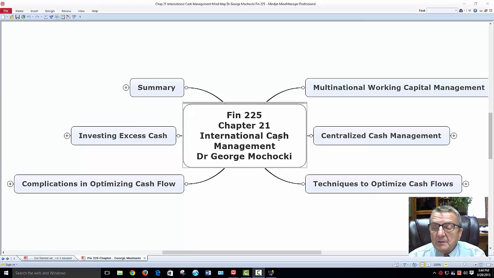So we're going to be talking about centralized cash management. Sometimes you end up with extra cash. The inflation rate dropped, or one subsidiary for some reason has extra cash. They came under budget, or the spot rate or exchange rate worked in my favor. What do I do with the extra cash? You could reinvest it and give it back to your shareholders. That's good. But let's say you have other capital expenditures to grow your operation.